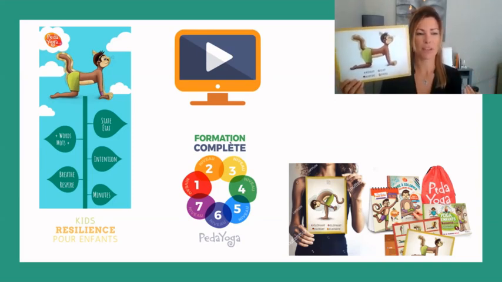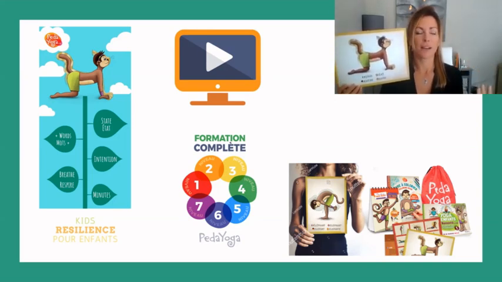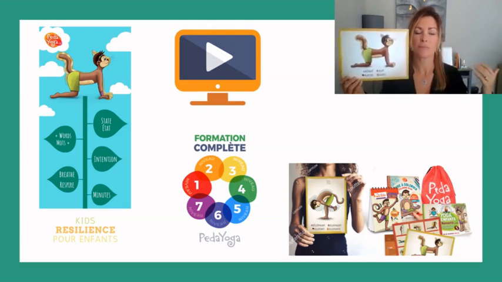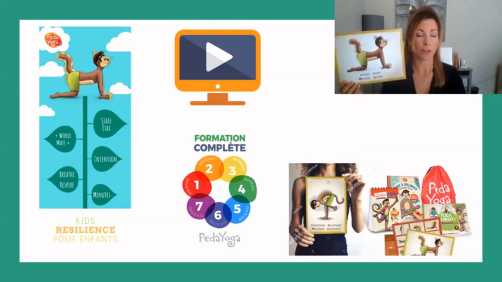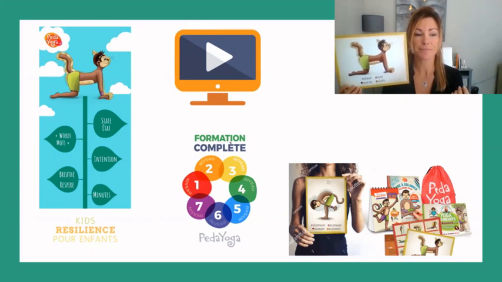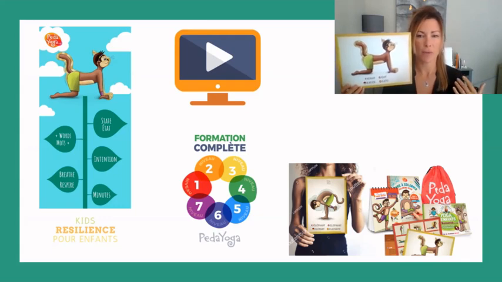And then the preparation phase is breathing. I've demonstrated in the other video that it's very important to focus on the exhalation. So you practice breathing in a sitting posture, like the lotus, for example. You just practice breathing 3, 4 or 5 times. And then you settle the pace and you slow down the pace of your instructions. And once you feel that the children are really there and they're ready to practice the pose, you set the